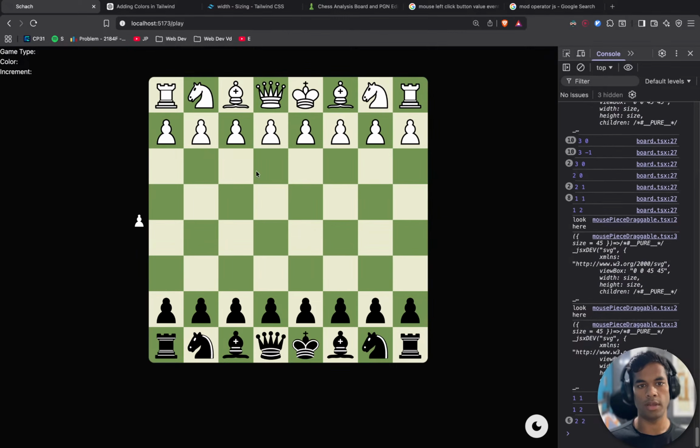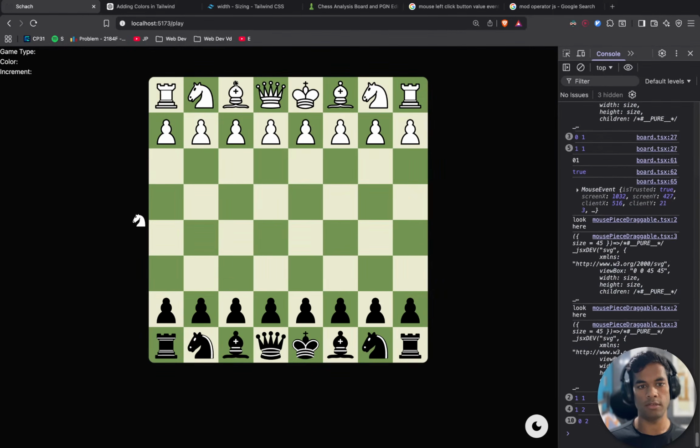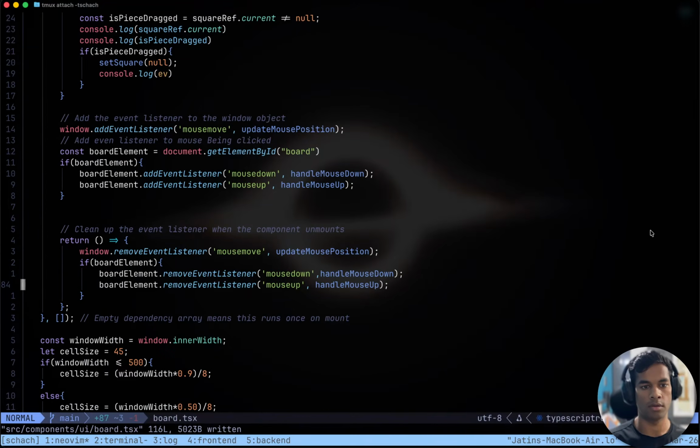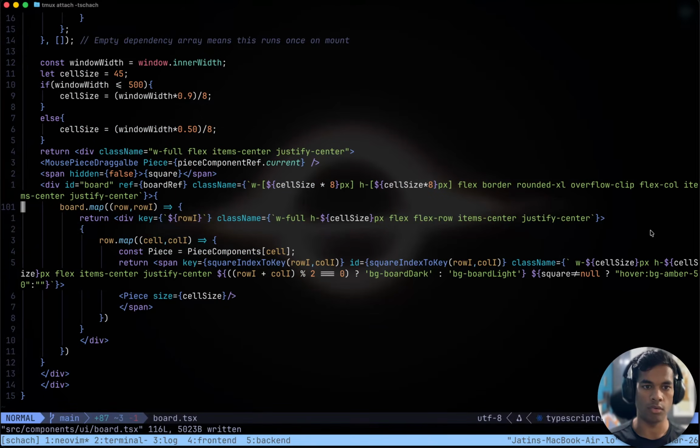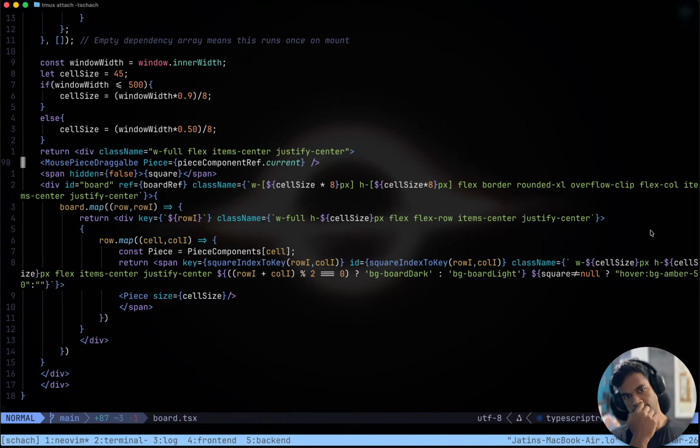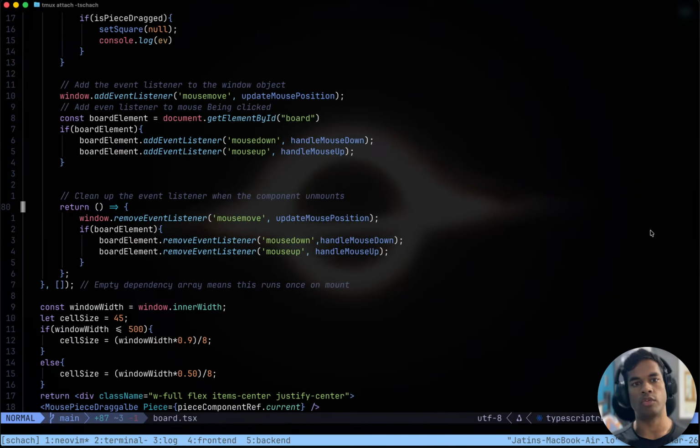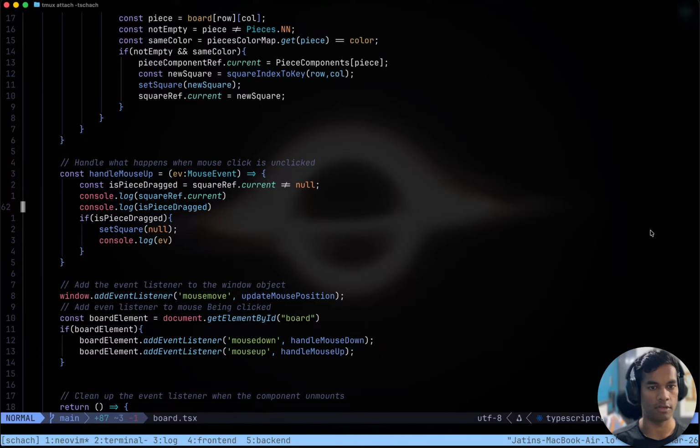Okay, the number is going away, but the piece is not going away. Why is the piece not going away? Component dot use ref dot current, which also must be updated. Yes, cool, makes sense.